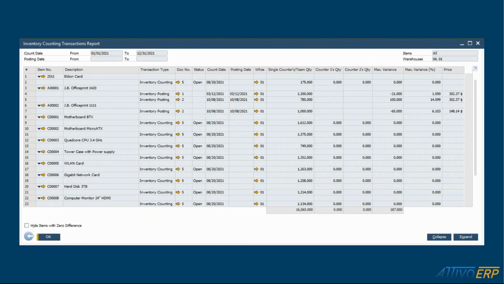Jumping forward to October 8th, we counted 785 items, but we had a positive variance of 100. That could have meant that either we did not count them before, we lost them, or something crazy happened to them. So this report gives you a breakdown of how you're doing those cycle counts and if you're improving. This report can also be used to create your cycle count determination. You can use this and see, hey, we're losing so much of this item, we should probably count this more often,